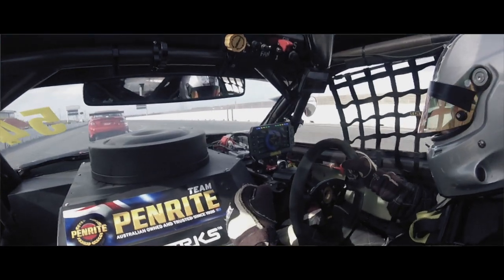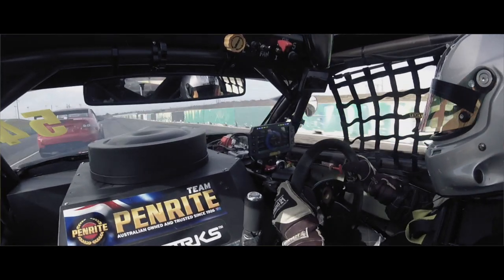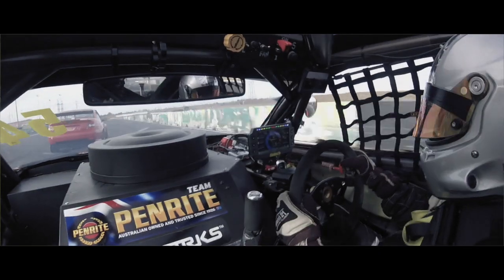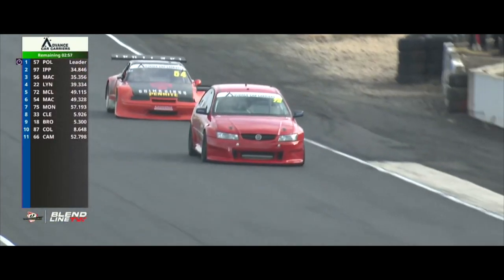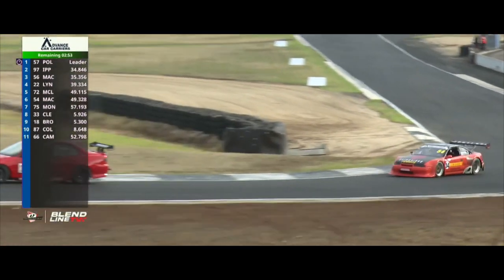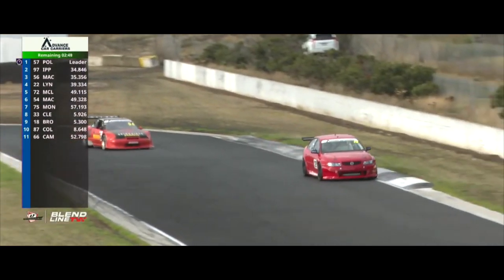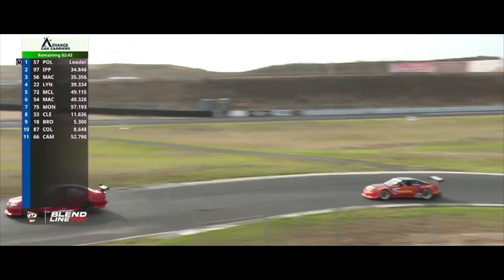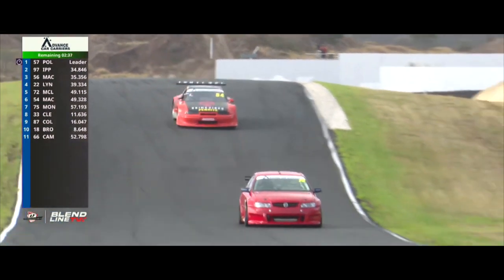This time around, Ben's speed onto the straight was certainly compromised. It holds off the Calibra down into turn number 1. Certainly an opportunity lost there for Ran McClurkin because the entry onto the straight was compromised for car number 72, Ben McLeod. And he held off Ran McClurkin nicely there across the...